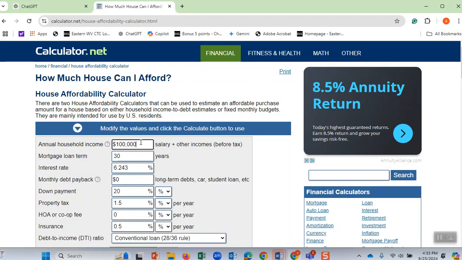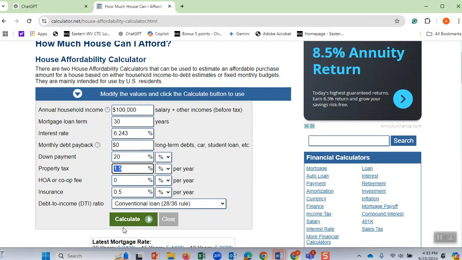Remember that this is not the amount I am borrowing. This is my salary here. I want to put 20%. We want to see how much I can borrow from the bank. And then, assuming that in my area I have to pay 1.5% property tax and insurance,